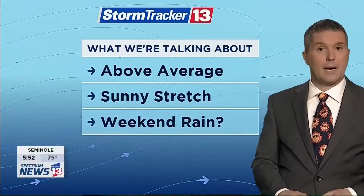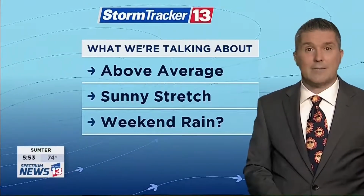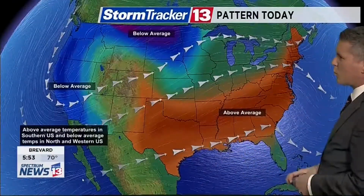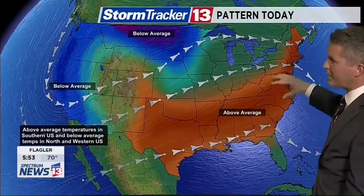All right, so here's what we're talking about. Above average temperatures. Looks like we're going to keep this going for the next 7 days. A sunny stretch through Friday, and potential for some weekend rain. A pattern trying to change just a bit, but it looks like it's going to hold firm. At least this big ridge of high pressure will hold firm over the next several days. So we're talking above average temperatures over the south central U.S., spreading all the way up the mid-Atlantic into the